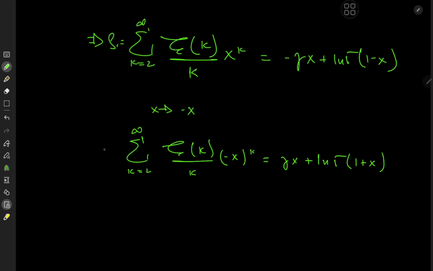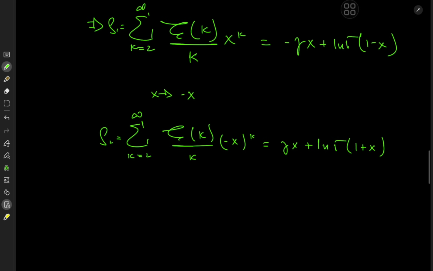I'll call this thing S sub 1, and I'll call this thing S sub 2. And now you have pretty much the same terms, but one of them has an alternating nature to it, or one of them is an alternating series, whatever it's called. Notice one thing, that if I were to add both of these bad boys, what would happen? Okay, so for k being odd, negative x to the k would exactly cancel out with x to the k,